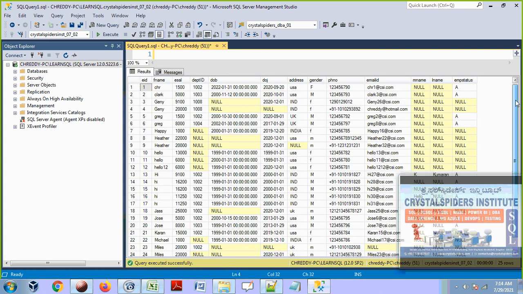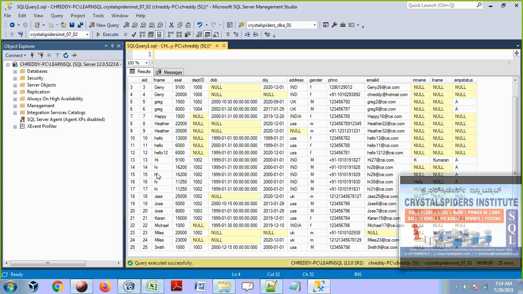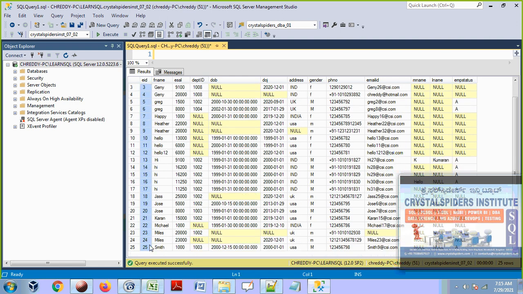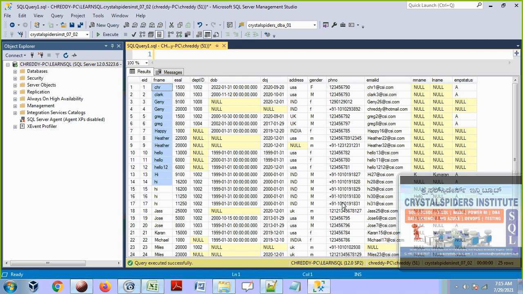You see that? So now these are all the employees. Some of the employees' names are the same, and names and salaries, so many things are matching, but they are all different employees. There is no duplicate employee because their employee IDs are completely different. Maybe some employee names are the same, but they are different people.